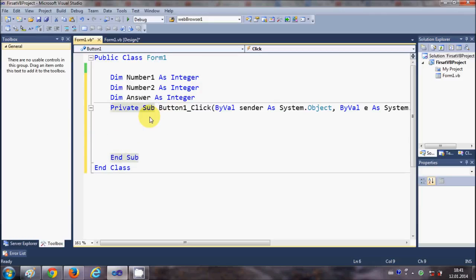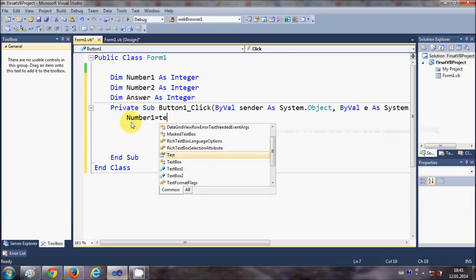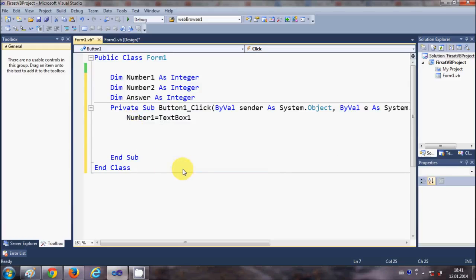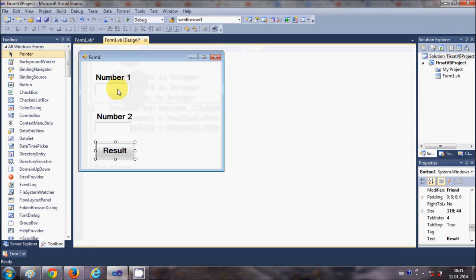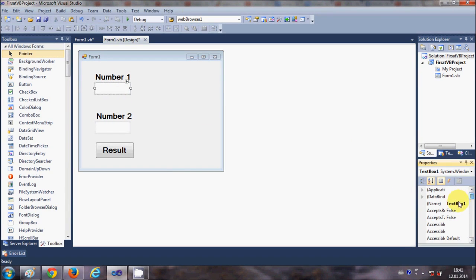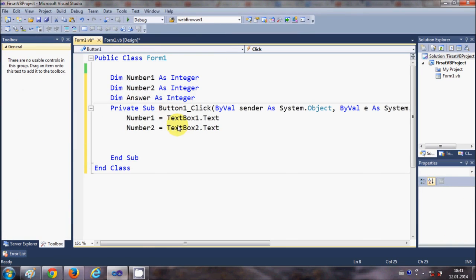I will write the code. Number 1 is equal to whatever we enter in text box 1. So TextBox1.Text. In the same way, for the number 2 variable, that means this variable is equal to text box 2. So these TextBox1 and TextBox2 are the names of these text boxes. You see here, TextBox1 and TextBox2, right? So this is this, and